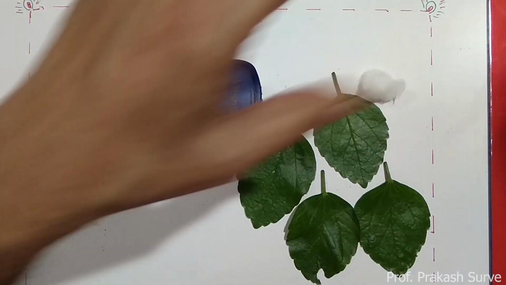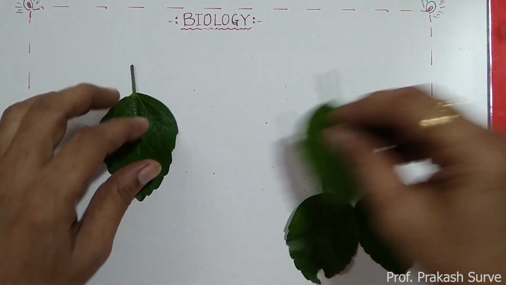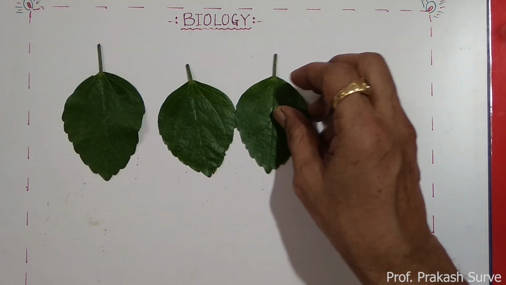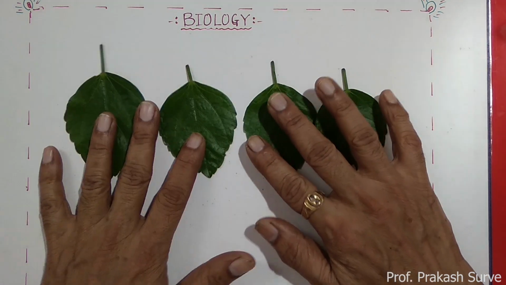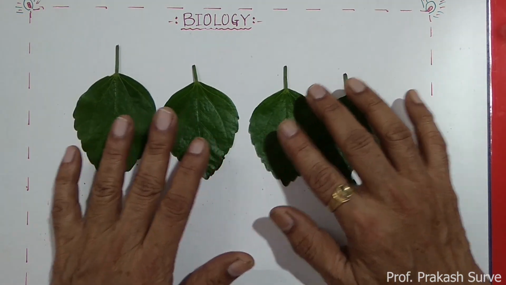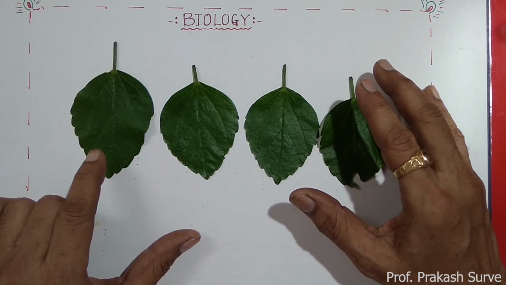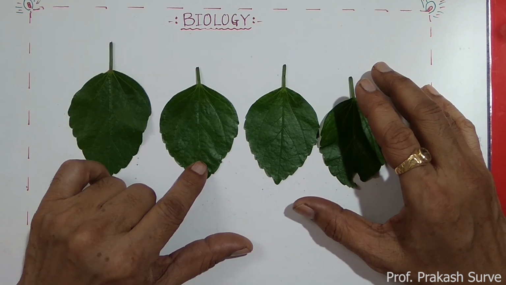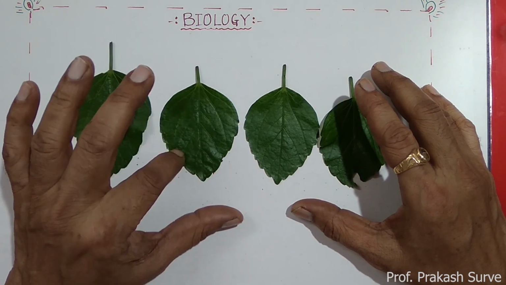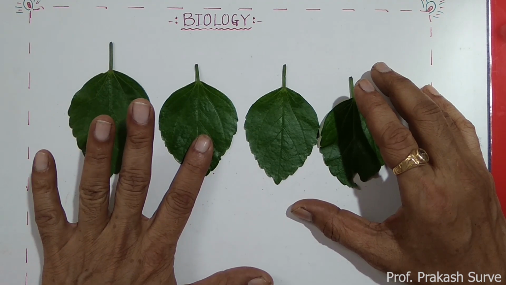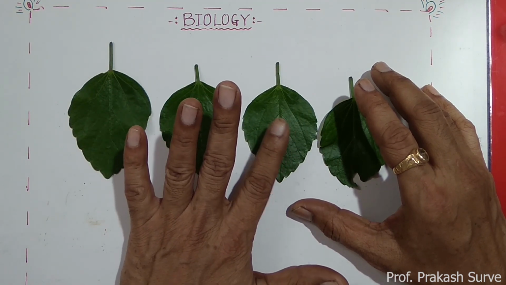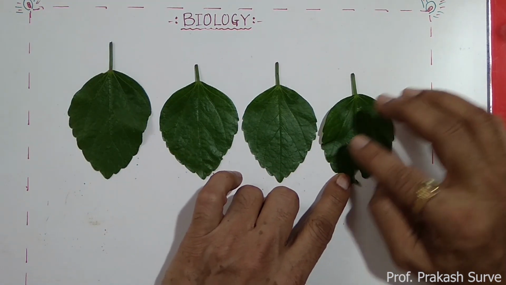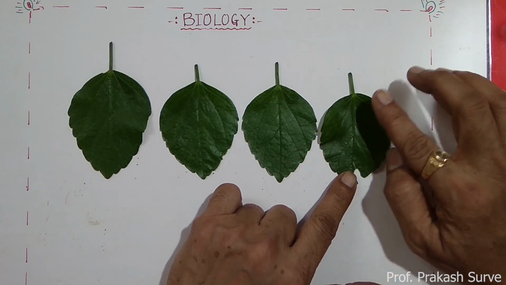Here we'll take the leaves one by one. So this is my leaf A, this one is leaf B, this one is leaf C, and this one is leaf D. Accordingly we'll apply the Vaseline. In leaf A, you have to apply the Vaseline on both the surfaces. Leaf B, you have to apply the Vaseline on the lower surface, upper surface should be free. Leaf C, you have to apply the Vaseline on the upper surface, lower surface should be free, and on leaf D you don't have to apply the Vaseline, so both the surfaces are free.